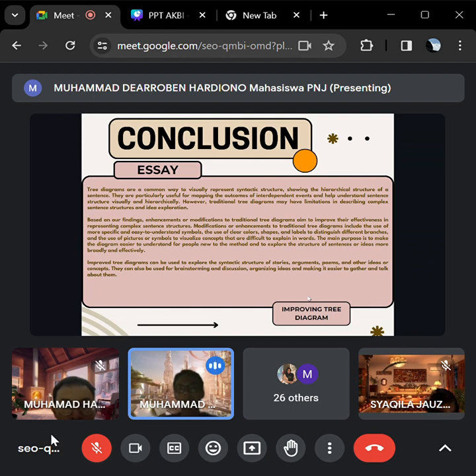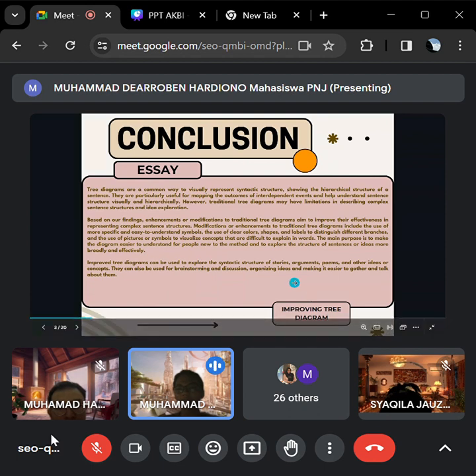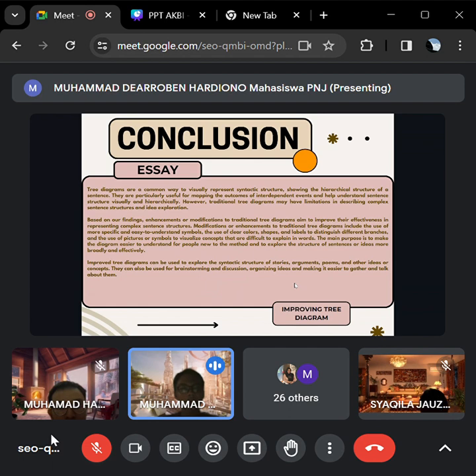However, traditional tree diagrams might have limitations in describing complex sentence structures and idea exploration. Based on our findings, enhancements or modifications to traditional tree diagrams aim to improve their effectiveness in representing complex sentence